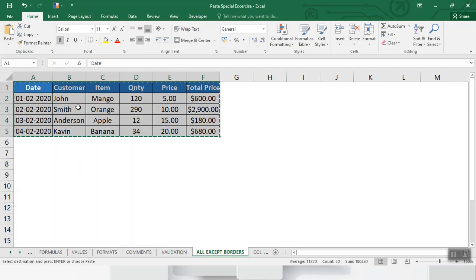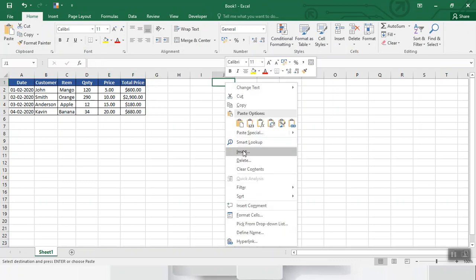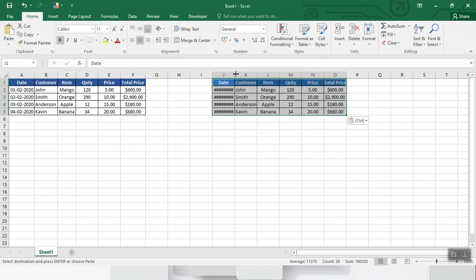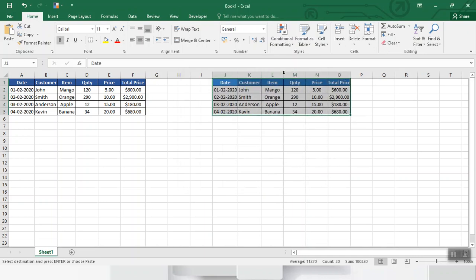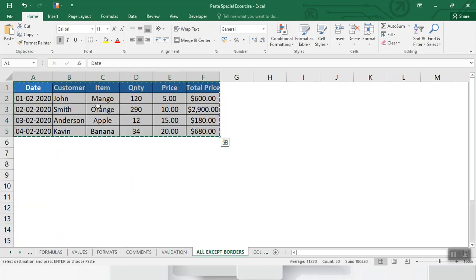But if you want the source theme as well, copy, right click, go to paste special option, go to all using source theme. Here is the same color copied from this workbook.